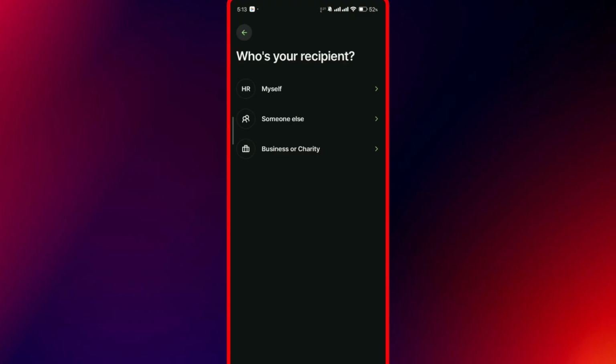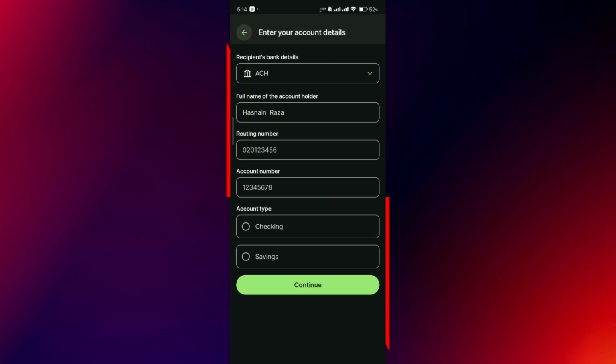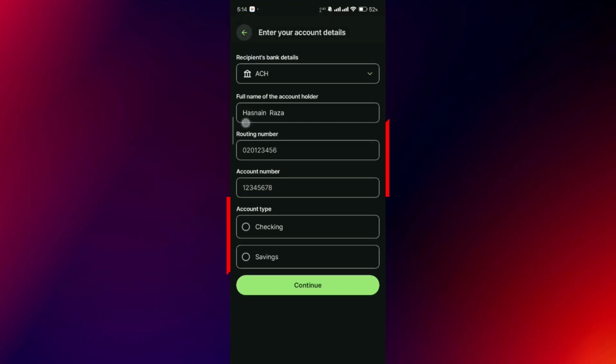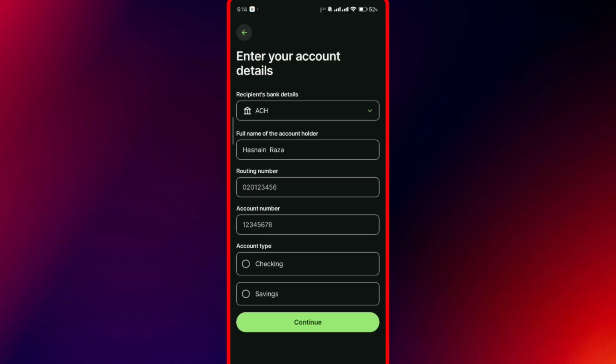The next step is to enter your information. Type in your full legal name, your routing number, account number, and then provide your account type, whether it's checking or saving. Double check the details to make sure everything is accurate, and once you're ready, click on Confirm. And that's it. Your bank account has now been successfully added to Wise, and you can use it for future